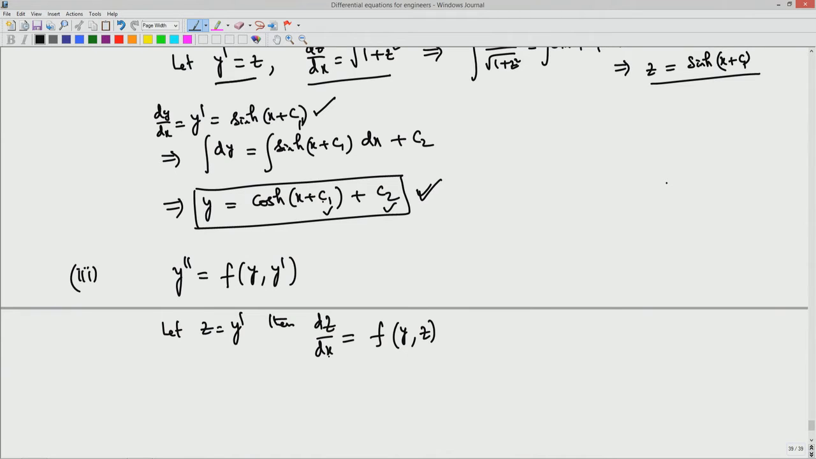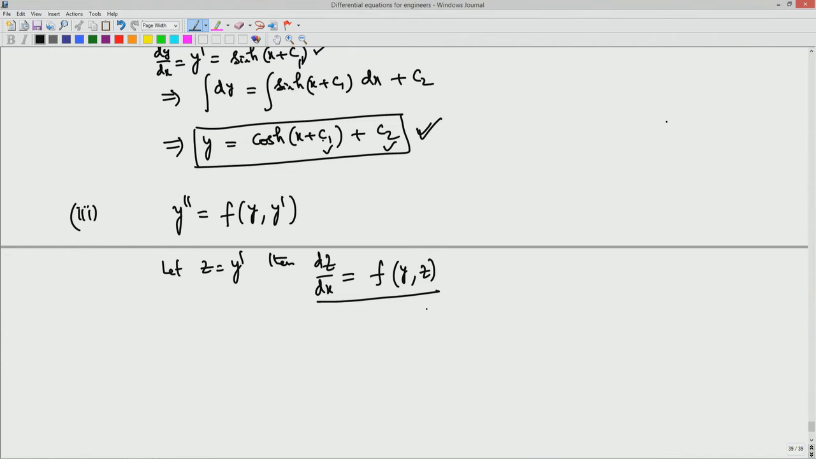And you see, I have both x variable and y here. So, I cannot hope to solve this directly, but I can solve it if I presume the following. You look at this one, since dz by dx, I can write it like dz by dy into dy by dx, but dy by dx is z. So, dz by dx equals z into dz by dy,